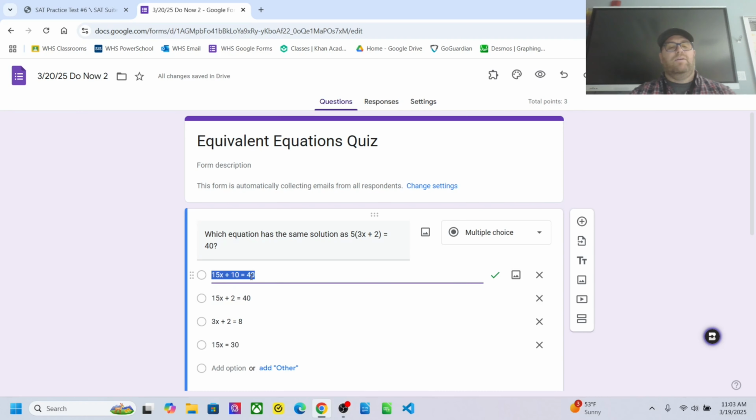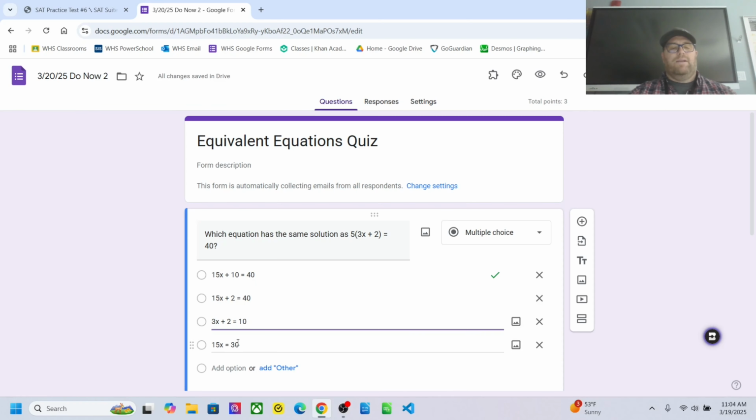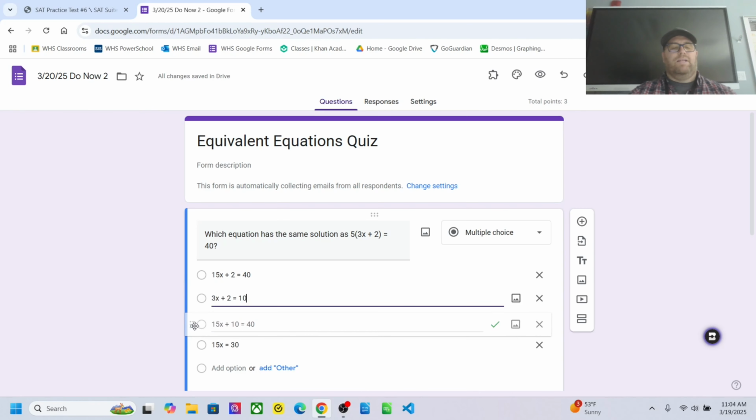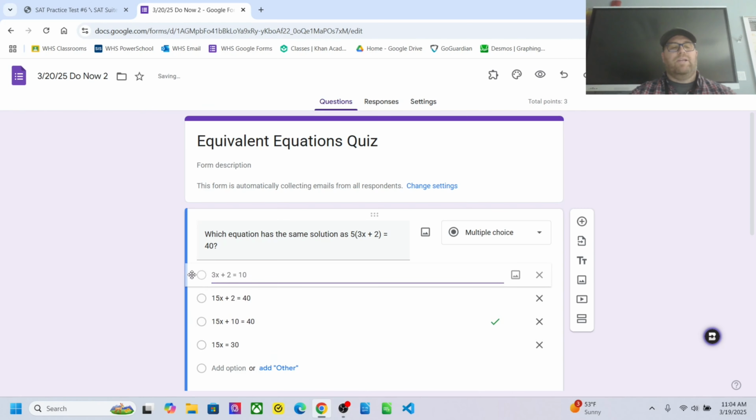So this is where you have to kind of change it up a little bit. Let's say we change this to 10. Make sure this is incorrect. Okay. And now this one is the correct answer, and we could move these around. But notice how we had 2 correct answers. That's a little caveat to using